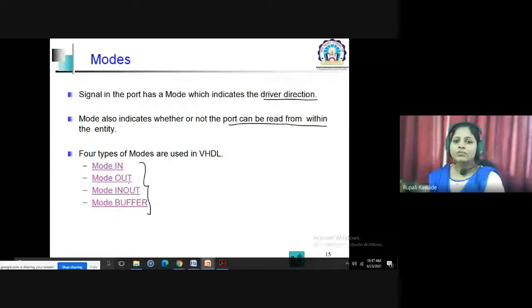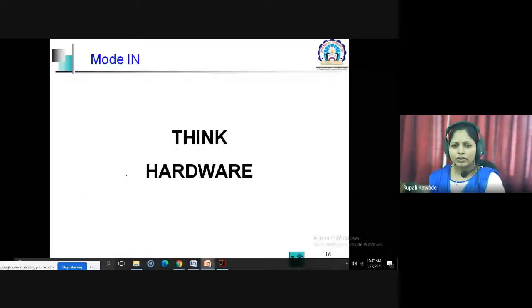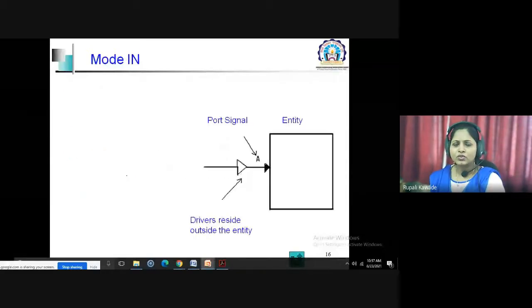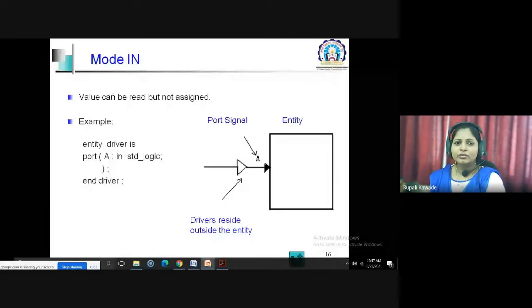One by one we will see these modes. The first one is mode in, where the value can be read but not assigned. For any input pin, we generally read the value of that input pin; we don't send any value to the pin.